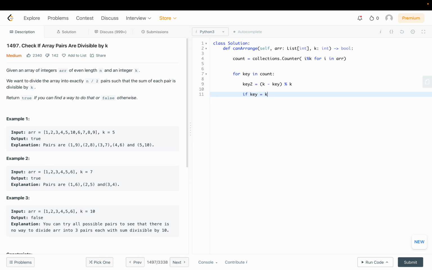So if key is equal to key2, this means it's those edge cases, for numbers that are already divisible. We need to check if there is an even number of elements. So if key is equal to key2,